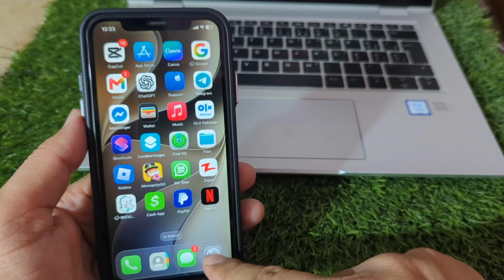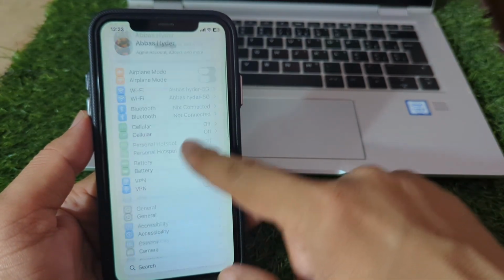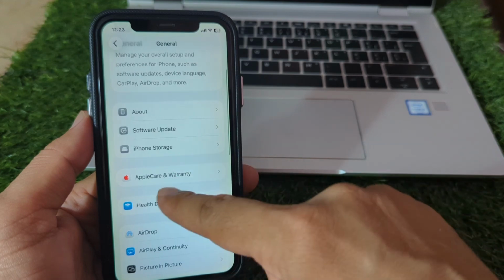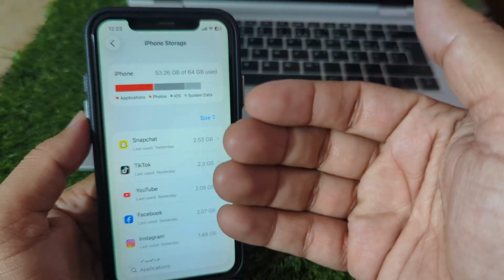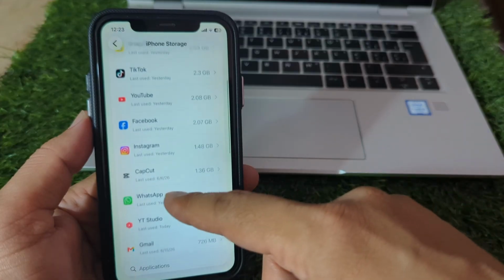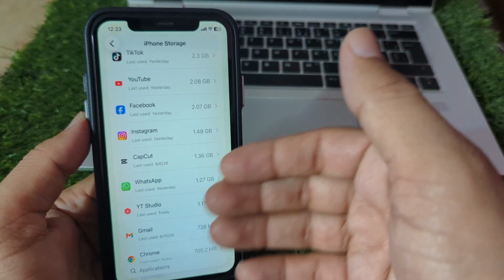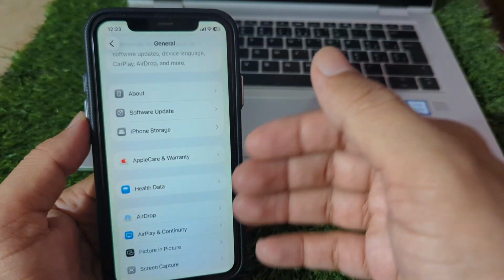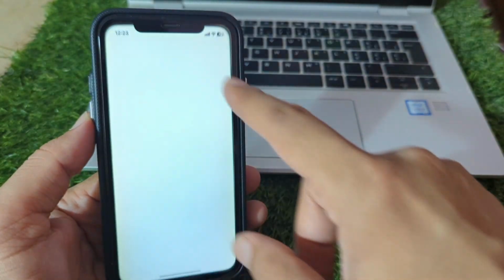So guys, first of all you have to simply open Settings on your device and then go to General and then go to iPhone Storage, and from here make sure that your iPhone storage is not full. And after this you have to simply go to apps and delete useless apps from your device as well. So guys, do this, and after this go back, and now you have to simply open the App Store